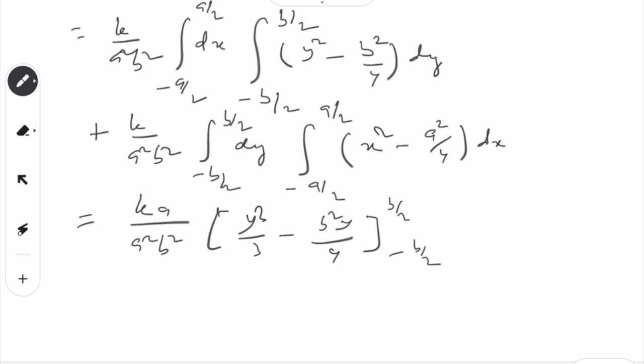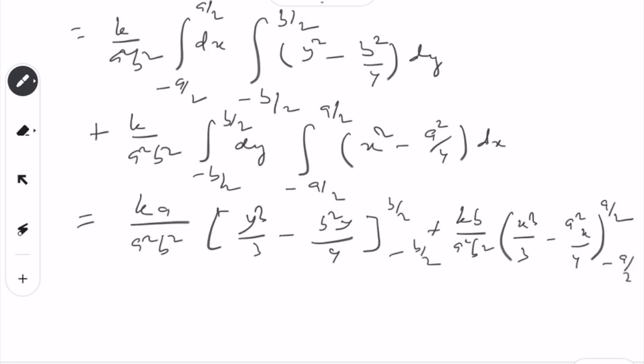And similarly here we will have plus kb over a square b square and x cube over 3 minus a square x over 4, from minus a over 2 to a over 2, is equal to, put the value here. So we know that both of them are odd functions, so we can write simply 2ka over a square times b square,